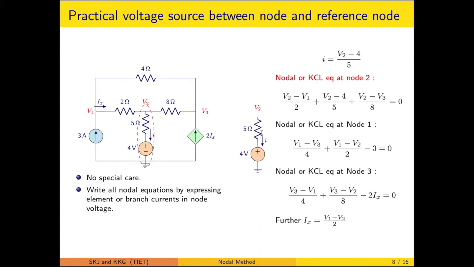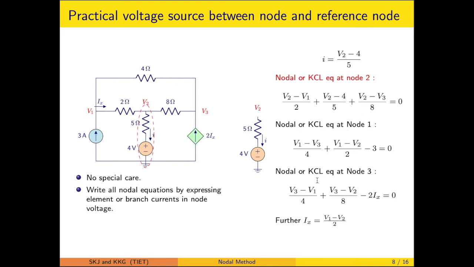So that will be the current, and the voltage across this will be V2 minus 4 volt. So that is deriving the current. This consideration we have to account for, and there is no special treatment for this particular network. We have to write the nodal equations for all the nodes because the voltage V2 in this case is still unknown. So we will be writing the equations likewise.